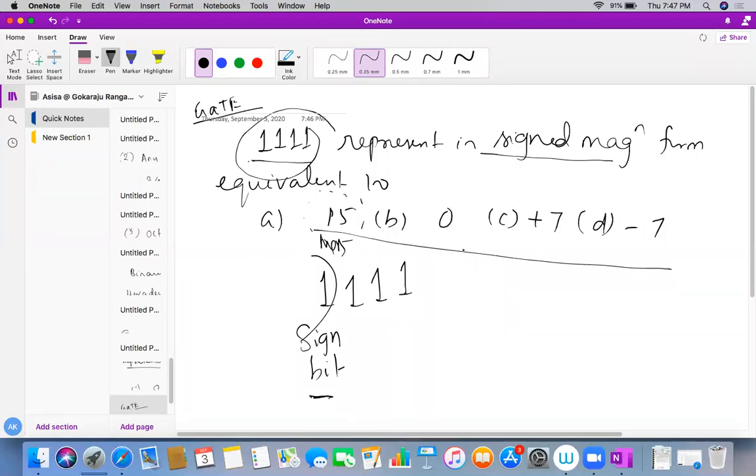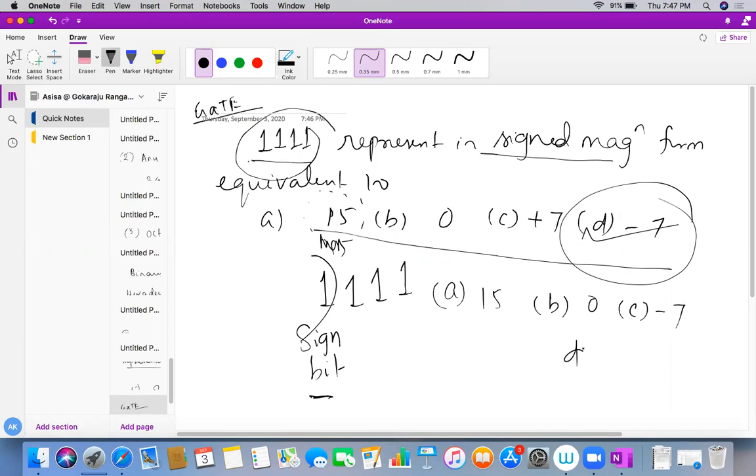In these three options there is only one with a minus, so no need to check anything else; you can choose blindly. See here, if the question has choices like A 15, B 0, C minus 7, and let's say D minus 9, then there are two different minus numbers. The sign bit is 1, but then you have to check the actual binary. If two different negative numbers are given in the choices, you have to check the actual binary.